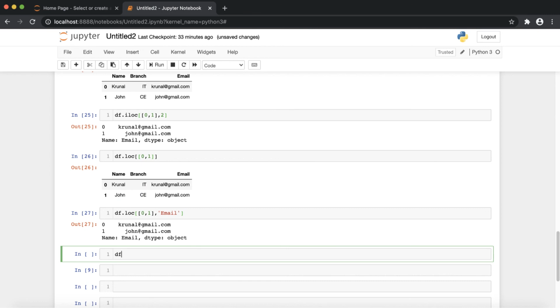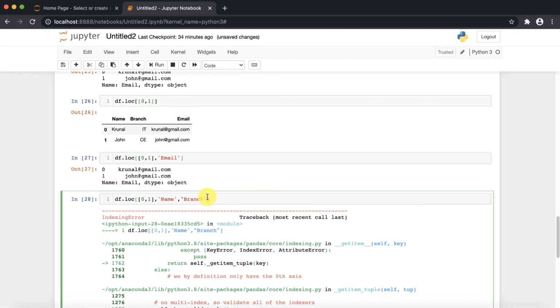Again, let me take one more example so you get a clear idea of how you can print it. Suppose zeros and ones, and now for the columns I want to define name and branch. Let's execute this.